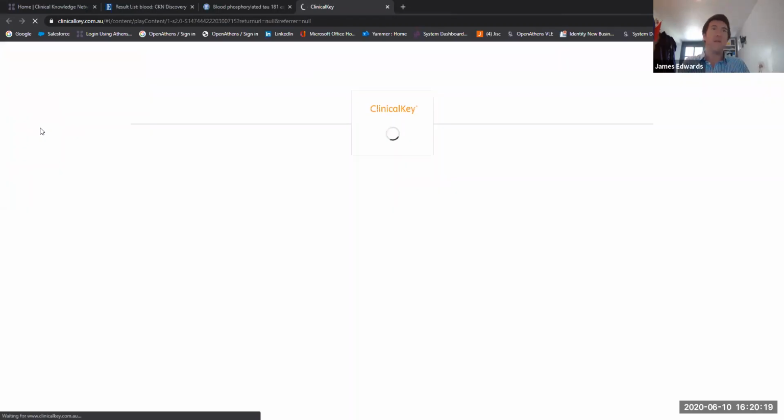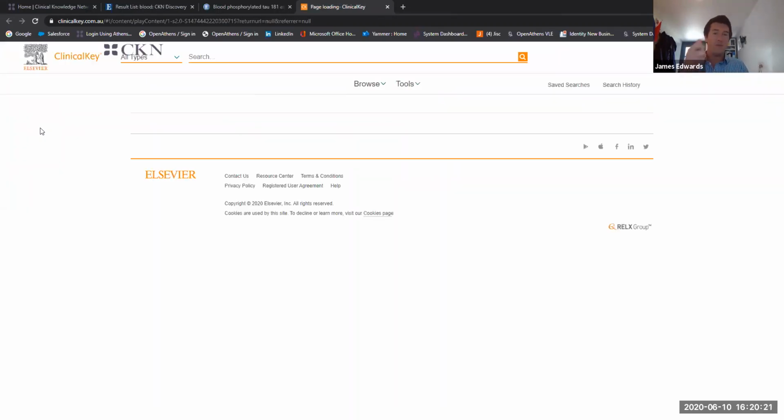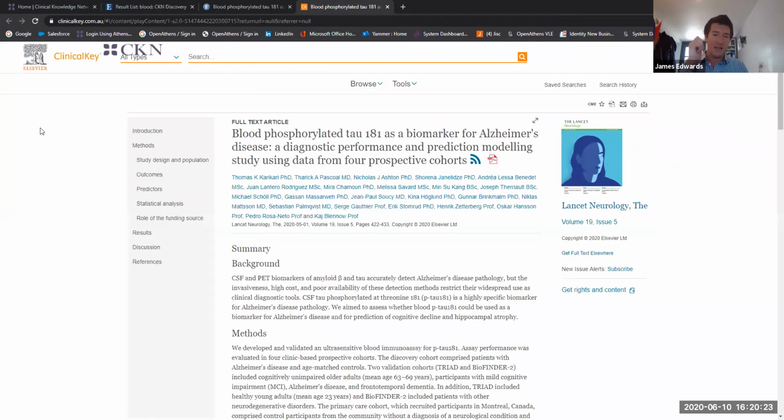So there we go. Very quickly, it did that OpenAthens. It went to Elsevier and did that authentication and the part saying who I was, where I'm from. Yep, they're okay. They can have access to this article. And here we go. I've got access to that full text article.